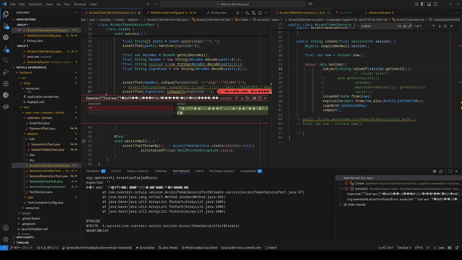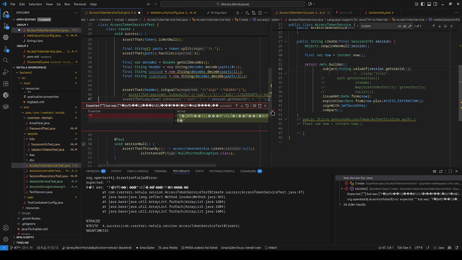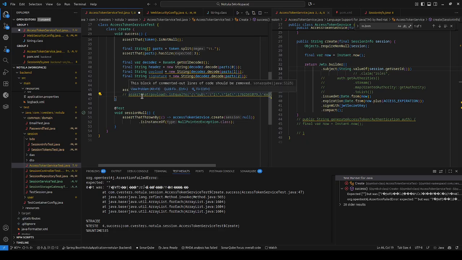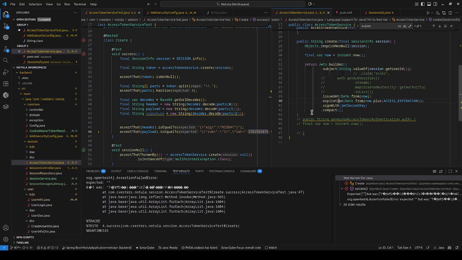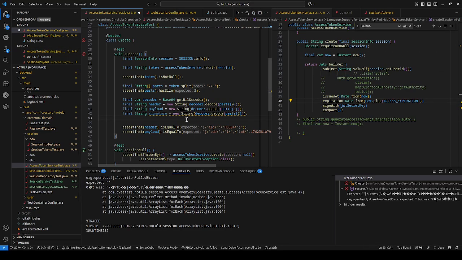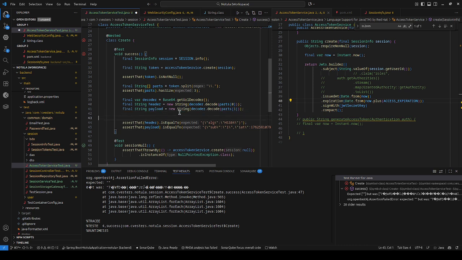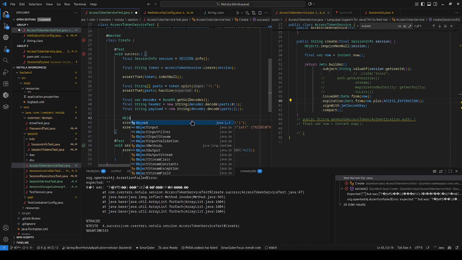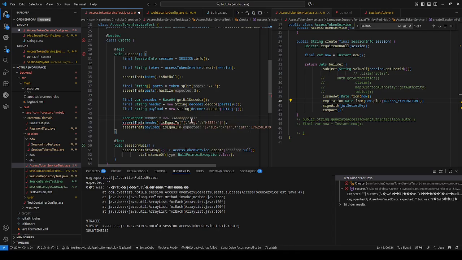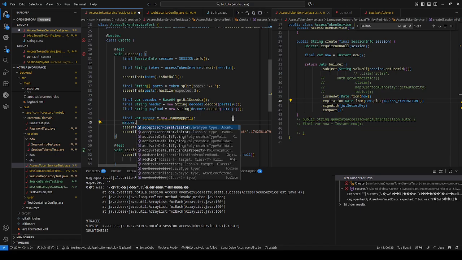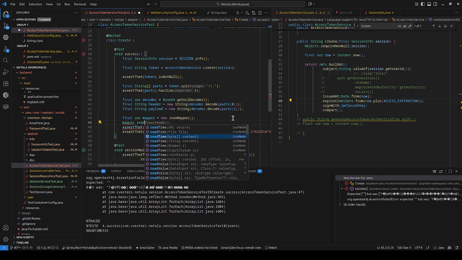And the signature, how do you do the signature? I don't think you can really decode the signature. So ideally, I would of course check the issued at, and I would check my expired at, and I actually think I can do that. I can use an object mapper or JSON mapper, but instead of mapping it to an object, which I would normally do, I'm just going to say read tree of